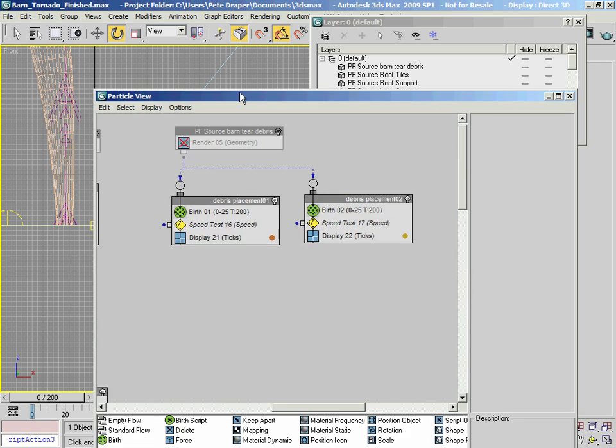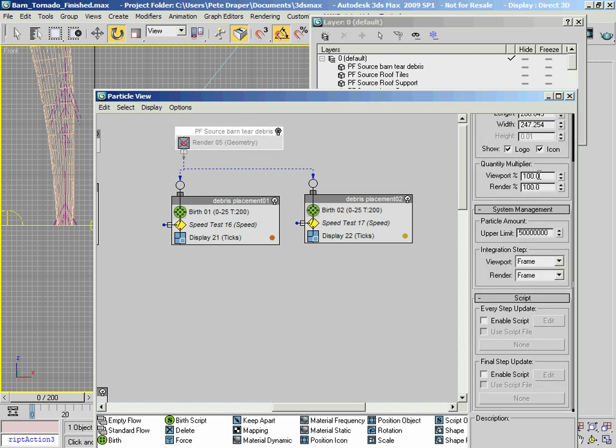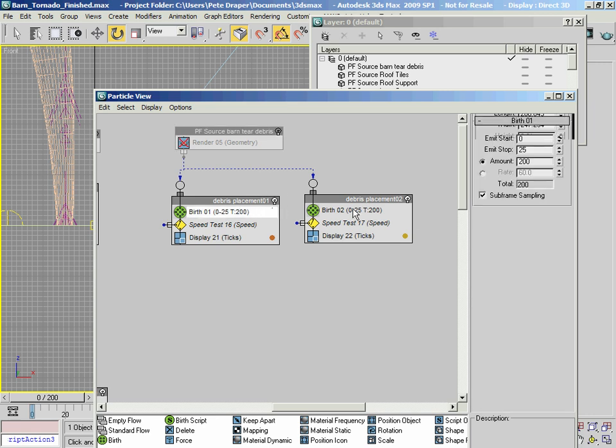Okay, because we're going to have a fair amount of particles in the viewport, I'm going to set the viewport percentage value and drop that all the way down to about 1%, and the render I think we'll leave as is. But in the debris placement birth, I want to set the emit stop to 0, and the amount I'm going to set to, let's say, 150,000.